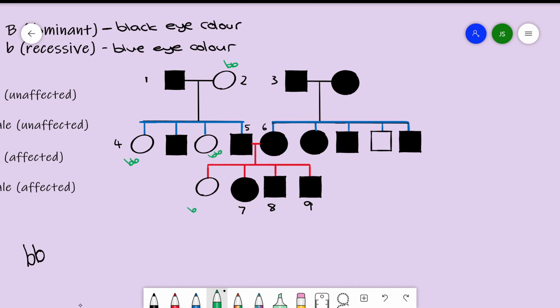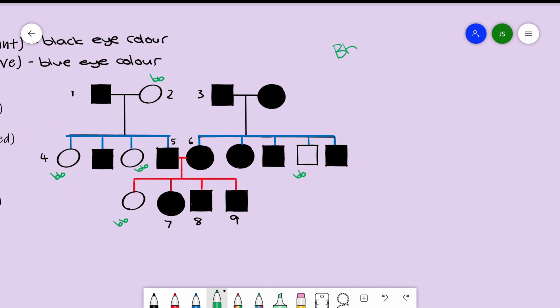as I've done here. Okay, so that makes it a little bit easier so that we can then unpick the dominant genotypes. Because when you have a dominant phenotype, the organism can express either of these genotypes. It can be big B, small b, because in that situation, the dominant allele will take preference and the trait that will be showing is the black eye color. If an organism is homozygous dominant, that organism will show the black eye color but will only have alleles for black eye color. Okay,